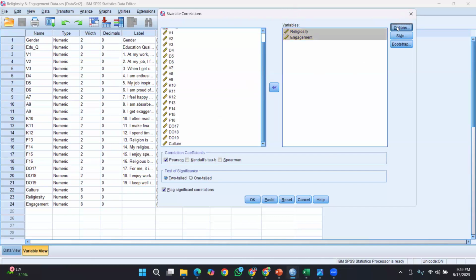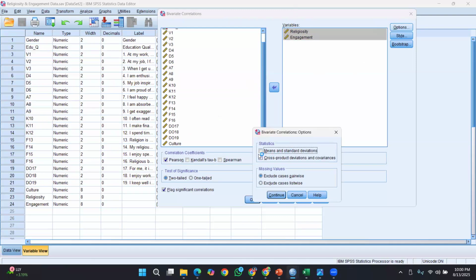And if you need some statistics, you go to the options. Again, if you need the mean and standard deviation, yes, you can add them.